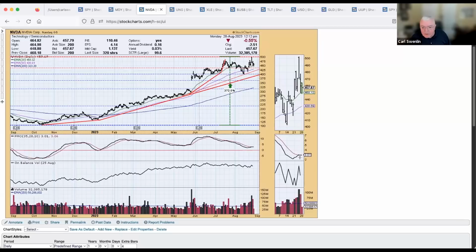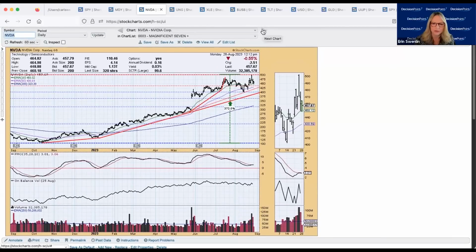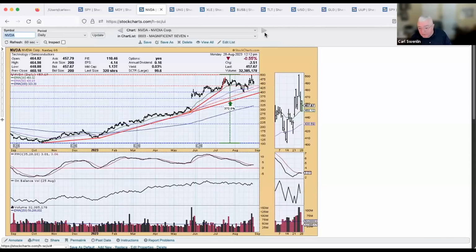Notice the PMO is curling over below the signal line, and that's bearish. So at this point, I think we should look for some correction in these, at least until about 400, when it's going to start testing that longer term rising bottoms trend line, I'd say. Right. I think that the big tech and I think the market is going to be correcting through September, possibly through October. They're looking for entry back into the market at that point.